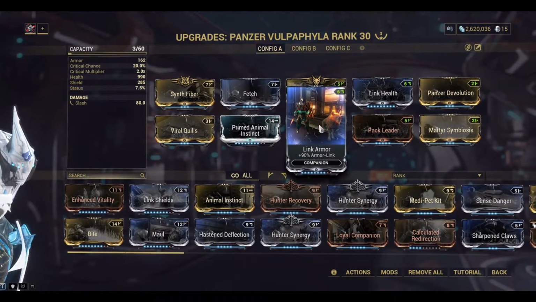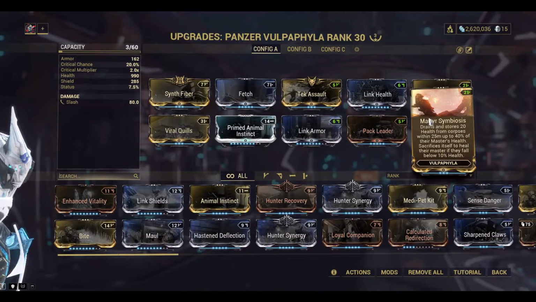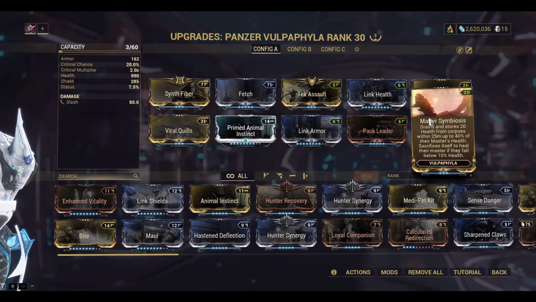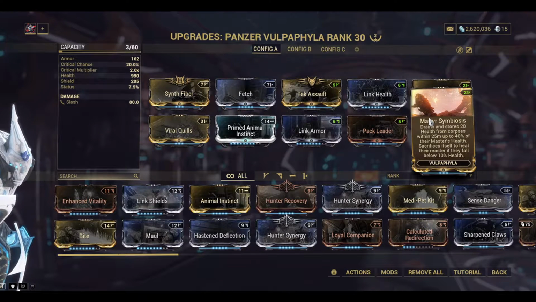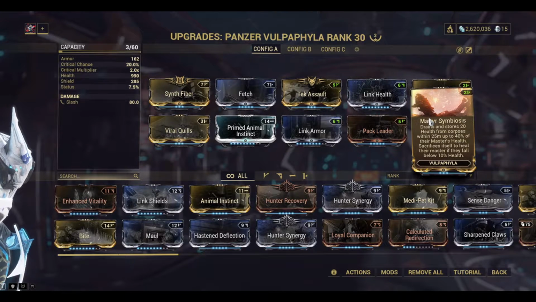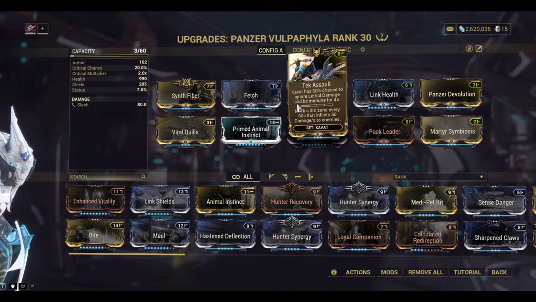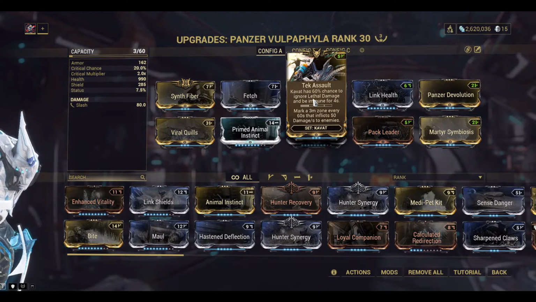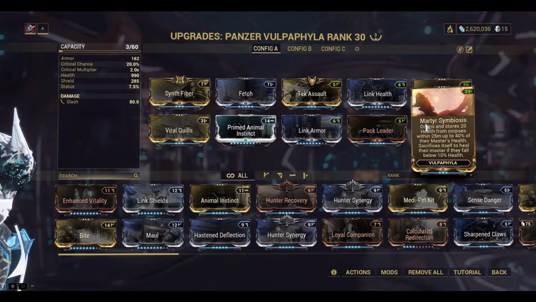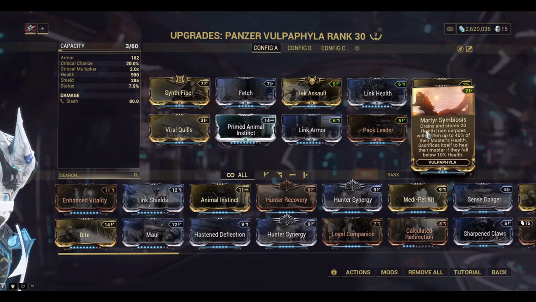And we have Armored Recovery, Link Health for more health, Pack Leader for life steal, and Martyr Symbiosis for health gating. If your Panzer Vulpaphyla is not dead and you are low on health, this will help you regain your health. This will help you survive much longer with health gating. And also with Tech Assault, I don't know, but I think it works, because your Kavat will not die even if Martyr Symbiosis does proc,